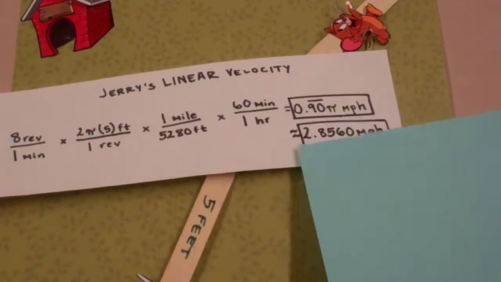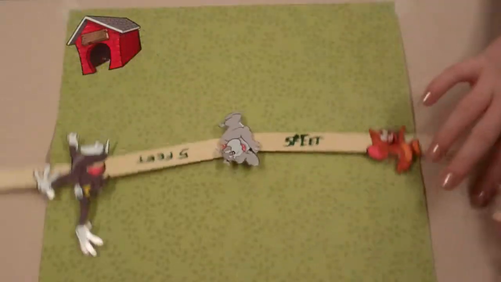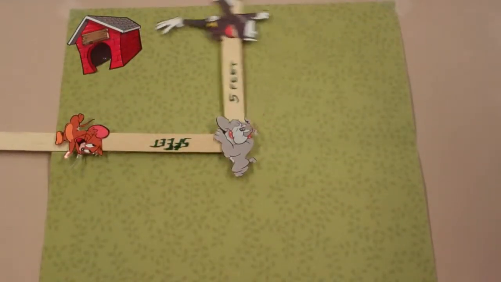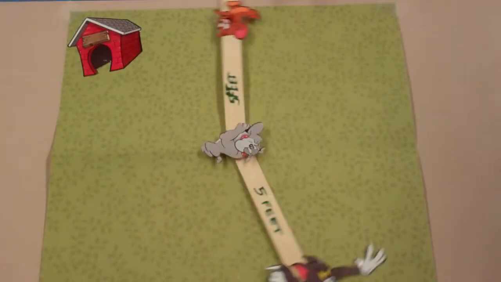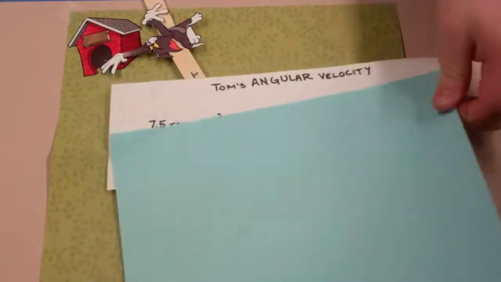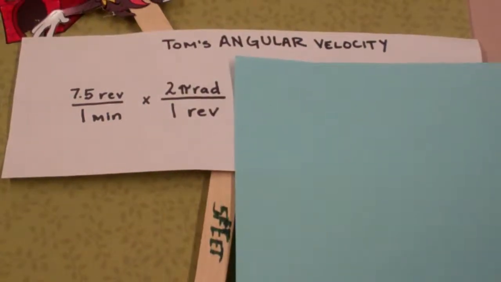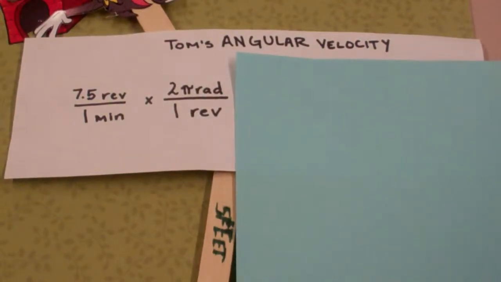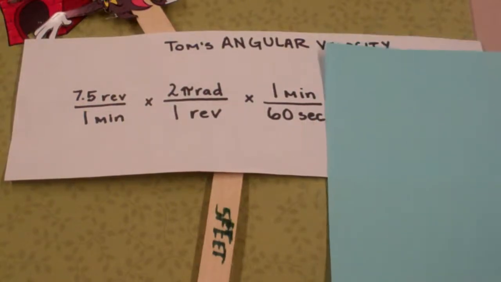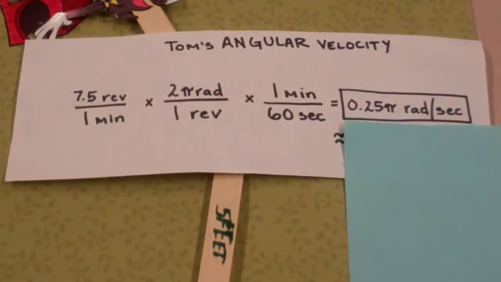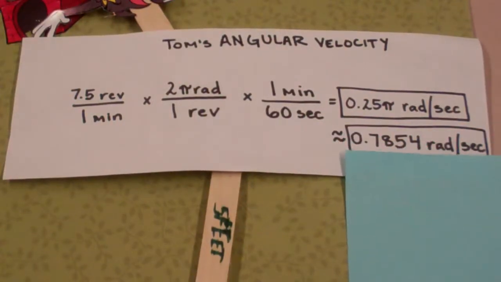2.8560 miles per hour. Turning his attention to Tom, Spike noticed that Tom was only making 7.5 revolutions per minute. With this in mind, Spike set out to calculate Tom's angular velocity in radians per second. After writing down the information that he knew, Spike applied his knowledge that 2 pi radians is equal to 1 revolution in order to convert revolutions to radians. To convert minutes to seconds, Spike applied his knowledge of the fact that there are 60 seconds in 1 minute. This computation yielded Tom's angular velocity of 0.25 pi or 0.7854